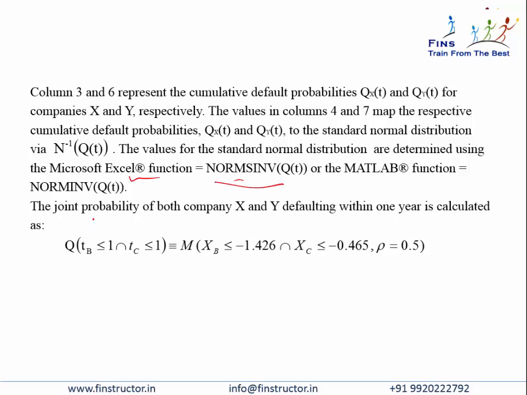So the joint probability of default for both X and Y defaulting within 1 year can be calculated. There is the joint probability of bond B also defaulting and bond C also defaulting, rather X and Y both defaulting,